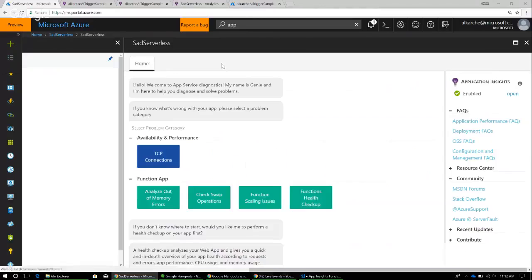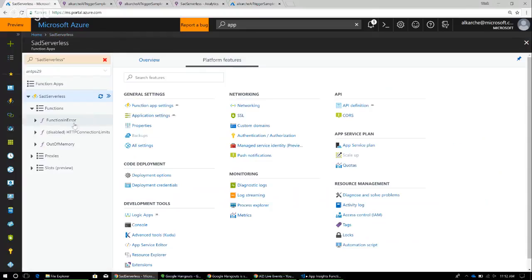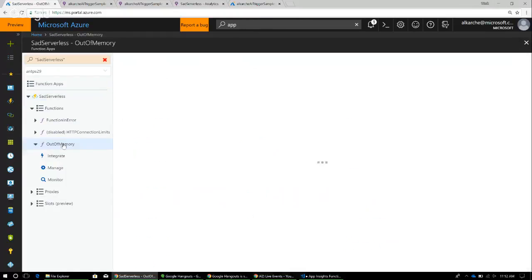So yeah, I want to tweak around in here. This out-of-memory view is super cool for the App Insights side of troubleshooting. If you don't have App Insights enabled, then this is an awesome place to troubleshoot that error. But inside of this out-of-memory function,